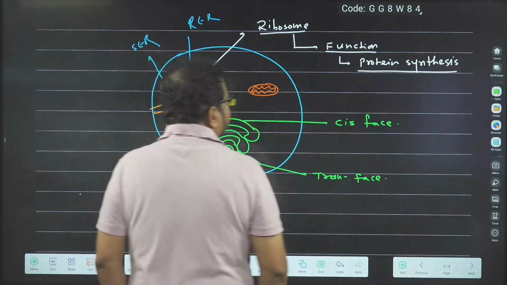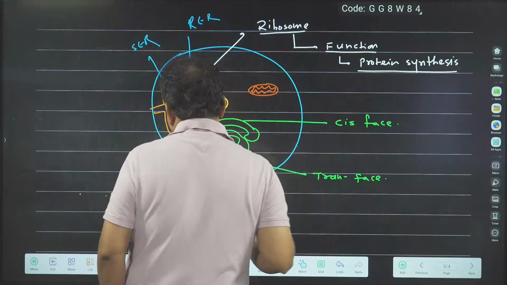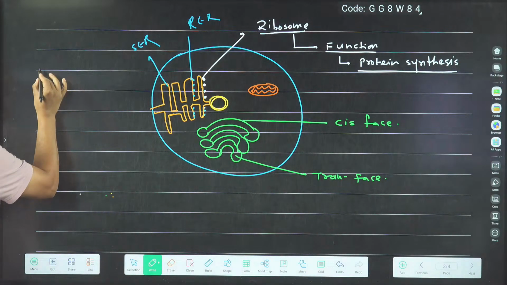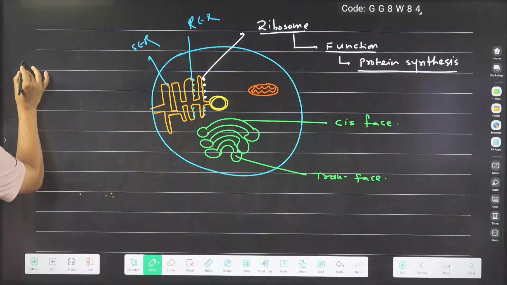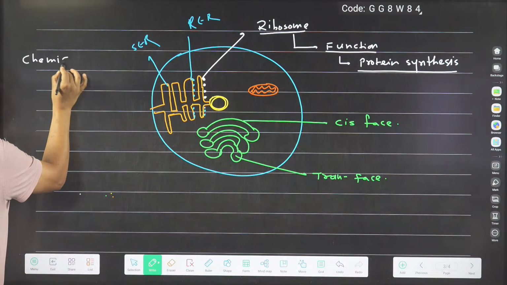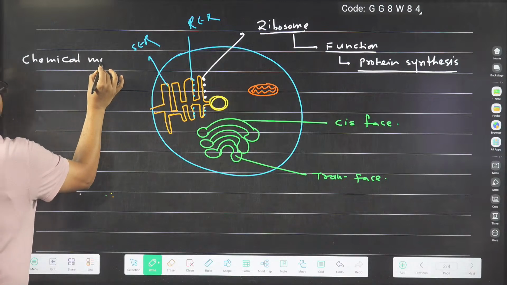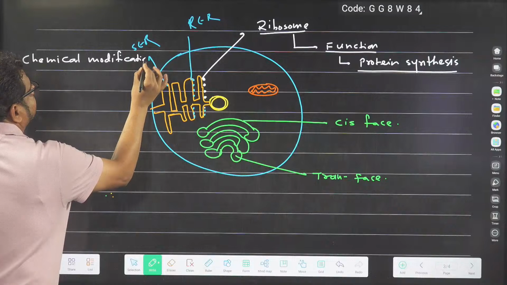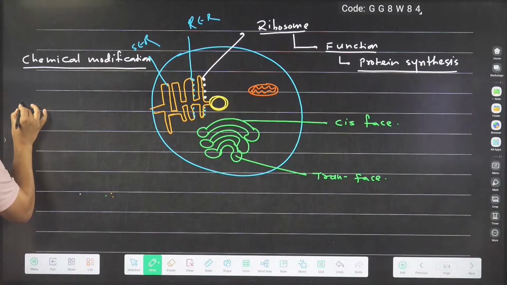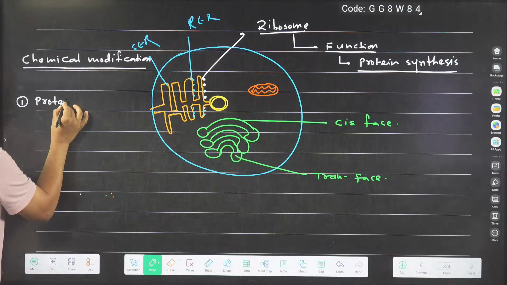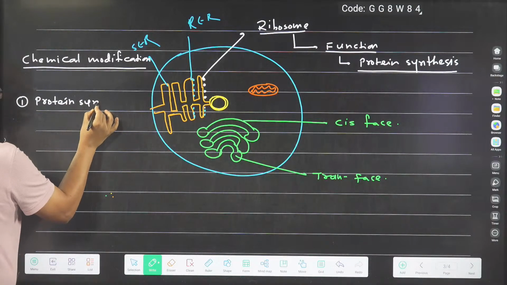So protein synthesis occurs on ribosome. Now I am writing the chemical modification steps, stepwise, so you will understand better. Very first job, in reference to protein first: protein synthesis